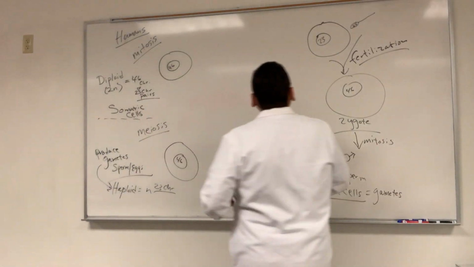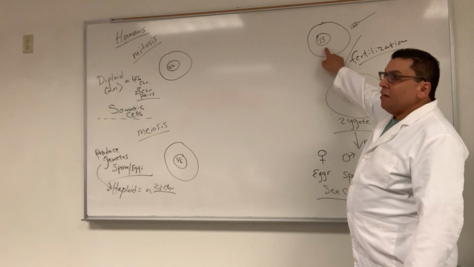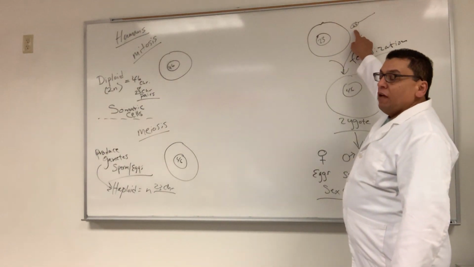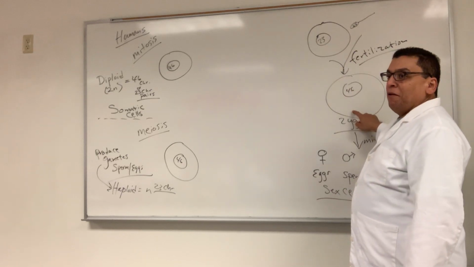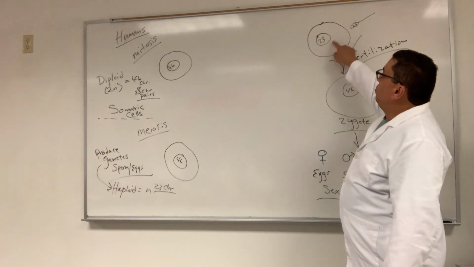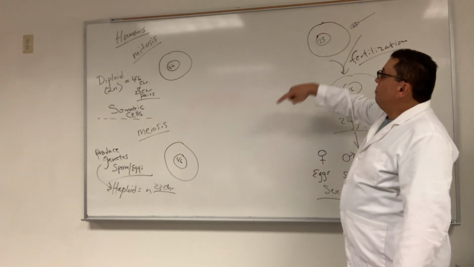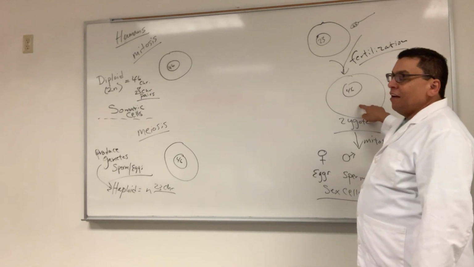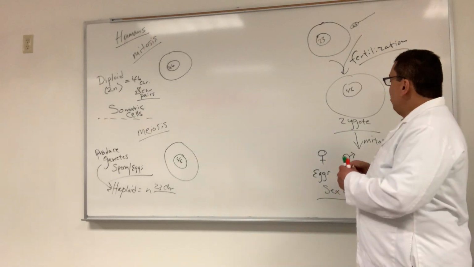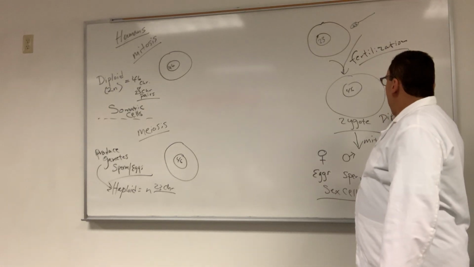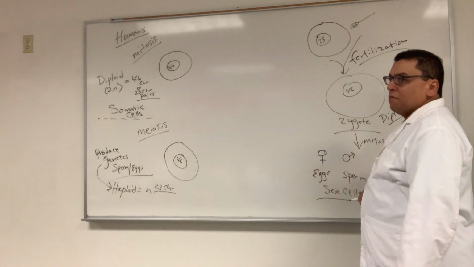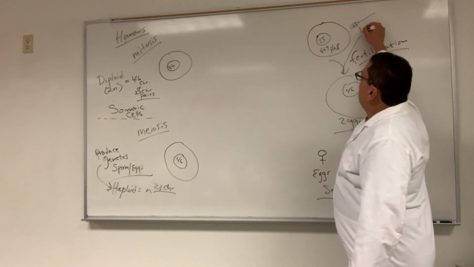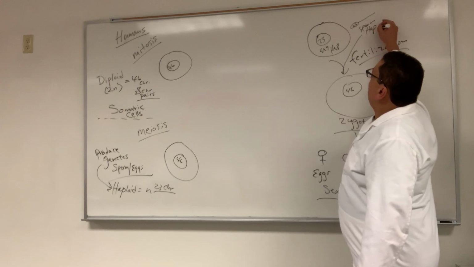So, what do you think? This egg right here, is that haploid or diploid? Haploid. This sperm? Haploid. The zygote? Diploid. Good. How were these produced? Meiosis. How will this divide until it makes you who you are today? Mitosis. So the zygote is diploid because all you have to do is look at the chromosome number. It's 46. This is the egg, and that's haploid. This is the sperm, and that's haploid.